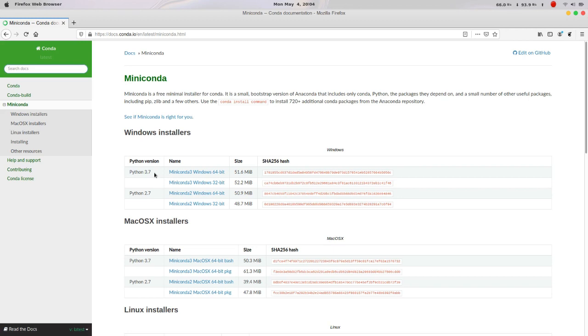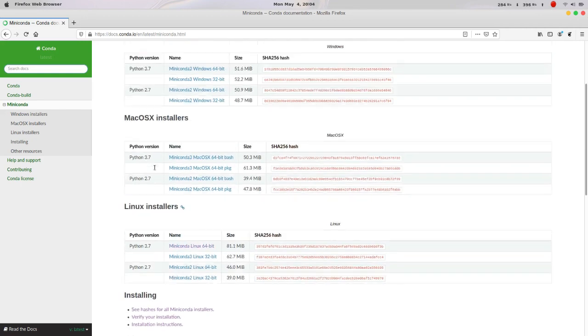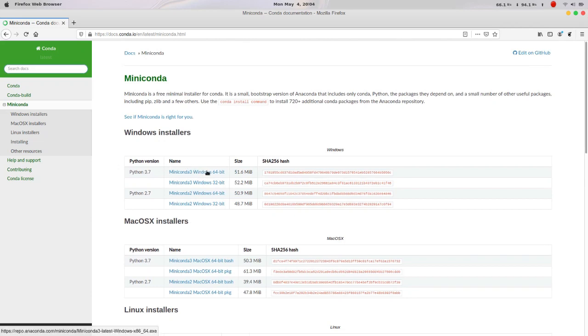Miniconda and Anaconda are both available for multiple operating systems: Windows, Mac OS, Linux, for 64-bit or 32-bit, whichever PC you are using. I have installed Miniconda previously, so I'll skip this part. You all need to download this and install it on your system, then move to the next part.